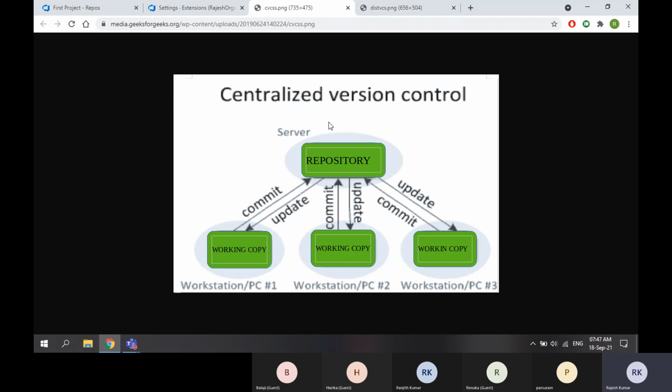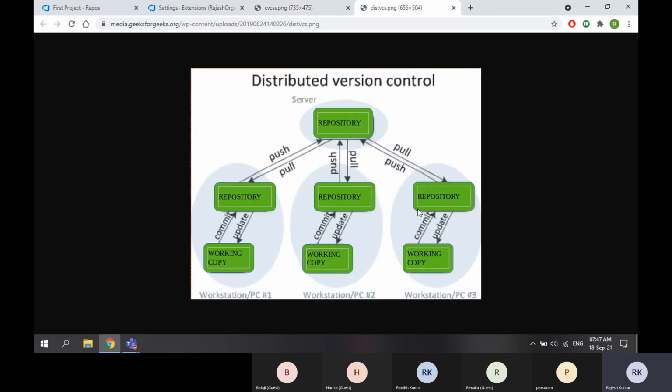Why? Because when it is 10 GB source code, that is critical source code. So if you distribute it to all the users, that means 10 GB here, 10 GB here, 10 GB here, 10 GB here. That means 40 GB of your server space is taken, but the source code is the same.